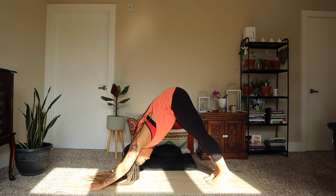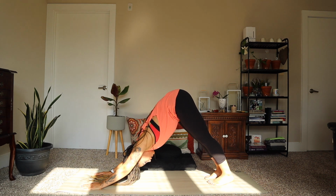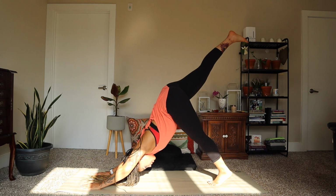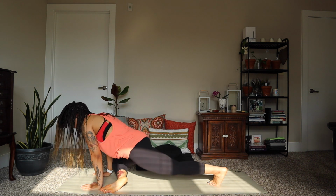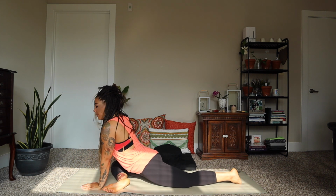And stretch it out. We're just here so we can move into our half pigeon on the right side. When you're ready, inhale your right foot up and exhale your right foot through, bringing your knee to your right arm and your foot to your left hand. Go ahead and scoot your left leg back